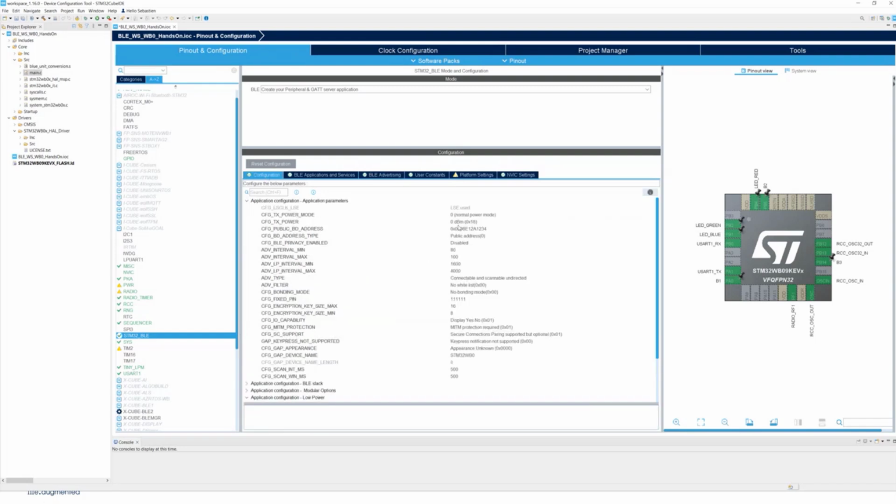Now, in terms of configuration, here, I can select what is my advertising interval, what is my TX power. Using this graphical interface, I can select and configure my advertising. I can select, okay, what is my MAC address, public. We can select everything. I will keep all default values except for this. This is the device name. I will use exactly the same as what I put for local name.